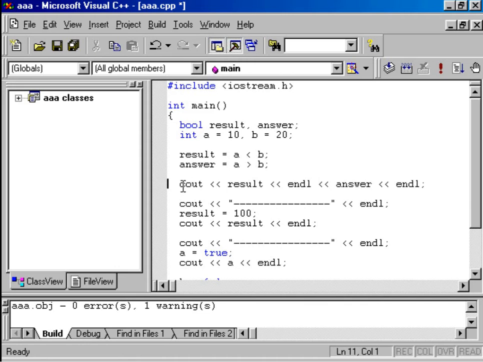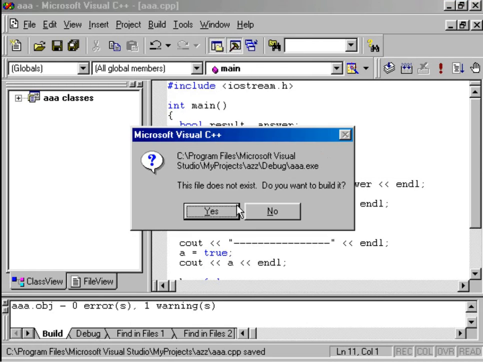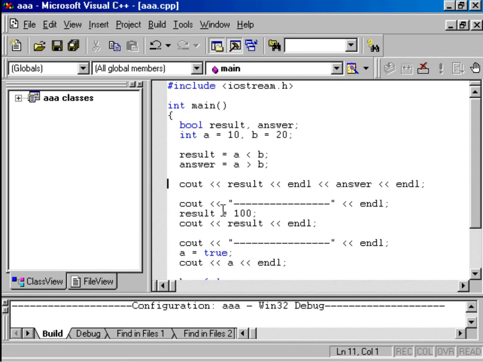Execute the program up to this level. You see, click this build option and start debug option. Then run to cursor, that is Control F10. And now you see, I am pressing Control F10. My cursor is at this location.